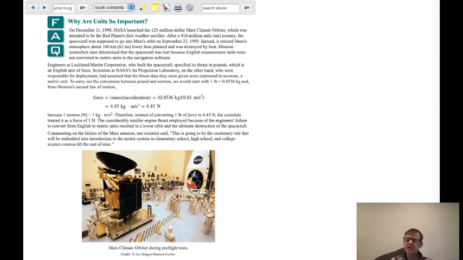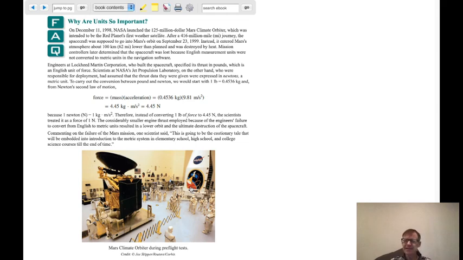So a project like that involves the cooperation of scientists and engineers, and they were using different unit systems. One was using what's called the imperial unit system, which you're familiar with as inches, feet, and yards. And the other scientists were using SI units, for example, meters or kilograms, and they didn't cooperate